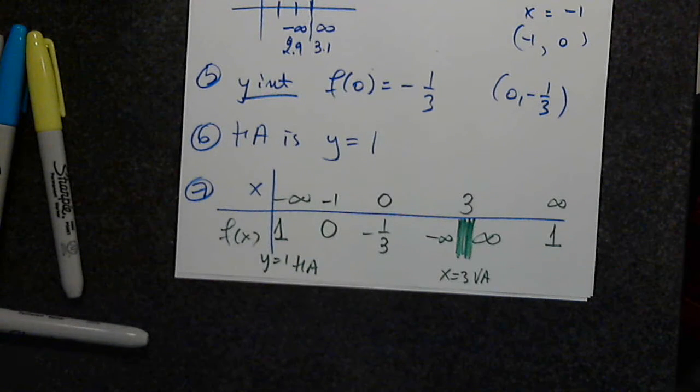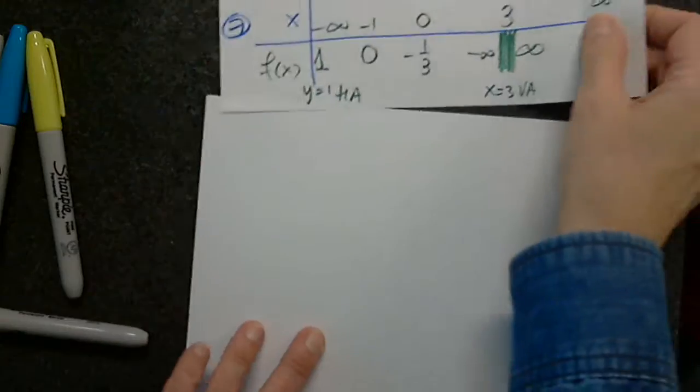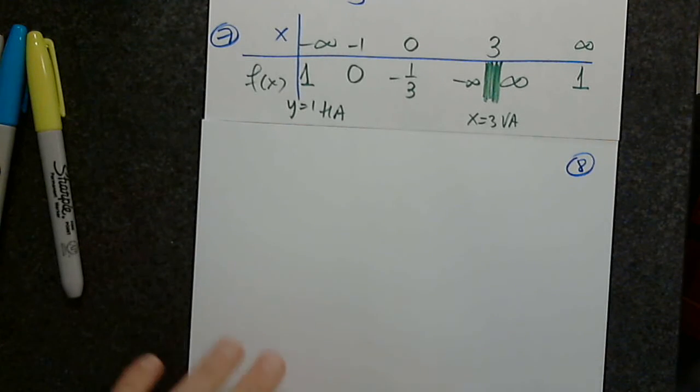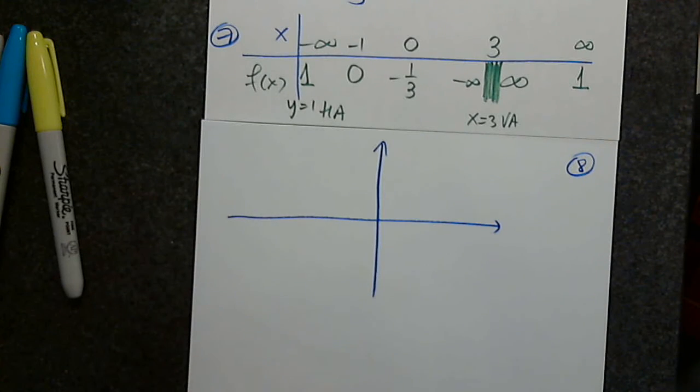Let's do this one more time. Approaching 1, crossing the x-axis, crossing the y-axis, going towards negative infinity. On the other side of the asymptote, coming from positive infinity and approaching 1. That's what we see. So let's do this together. Let's graph it. When we graph functions with asymptotes, we must start by graphing the asymptotes. That's a requirement. So I will graph